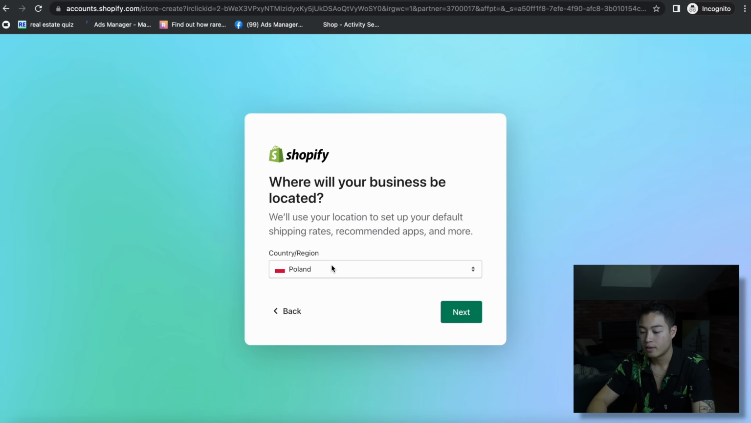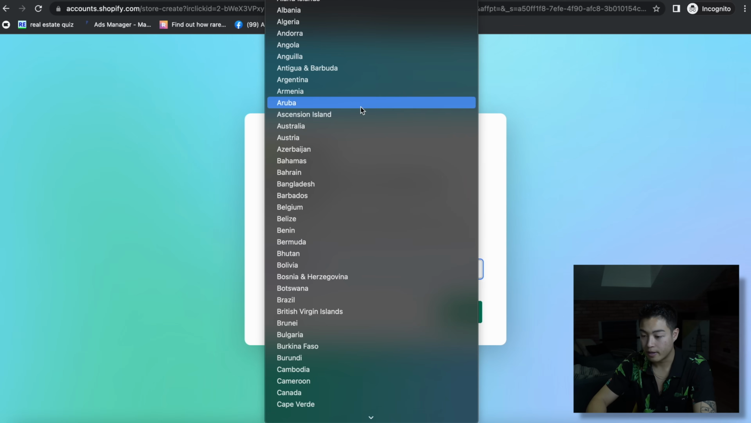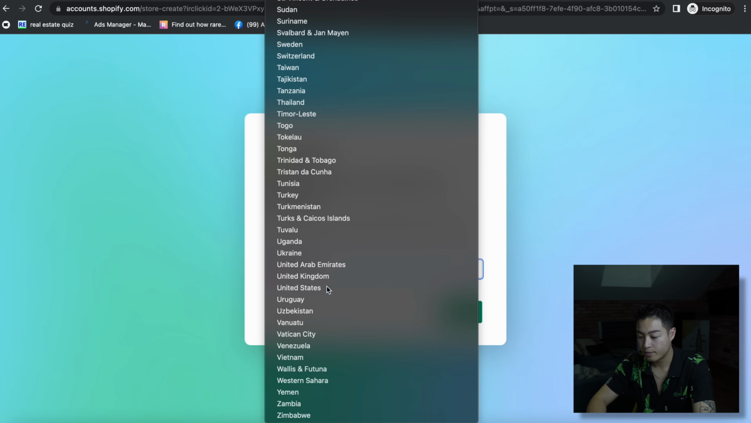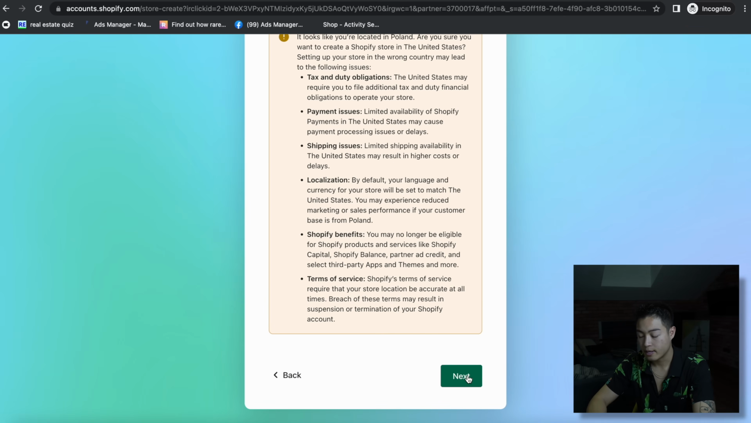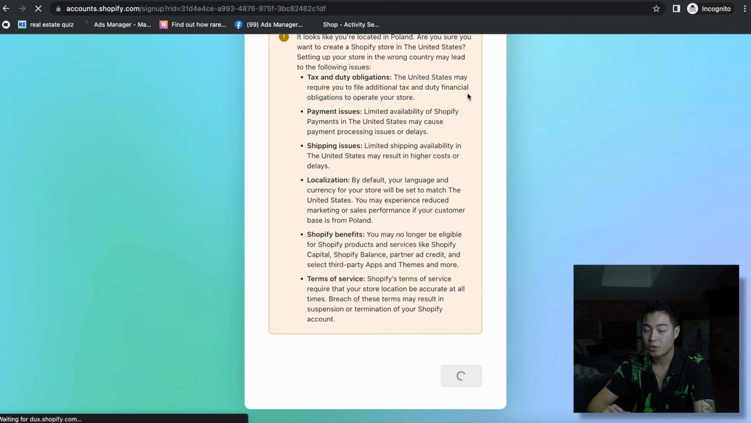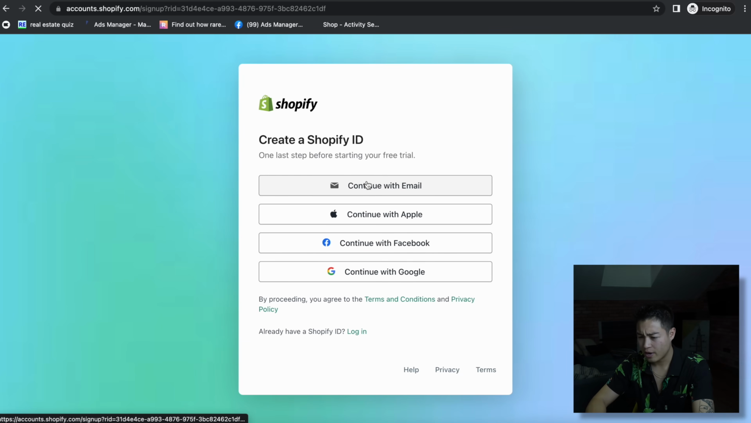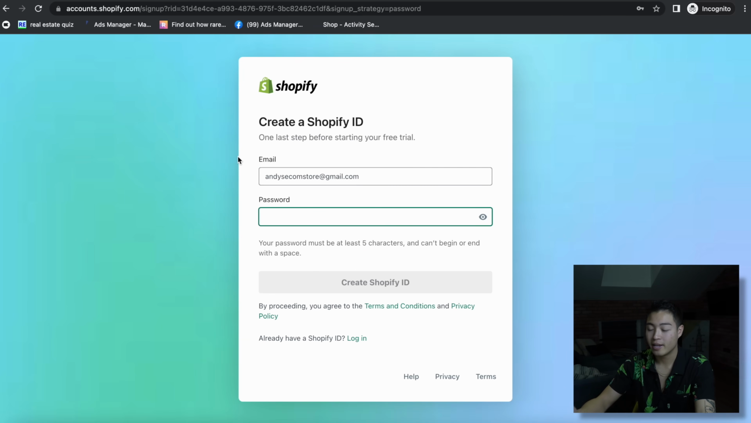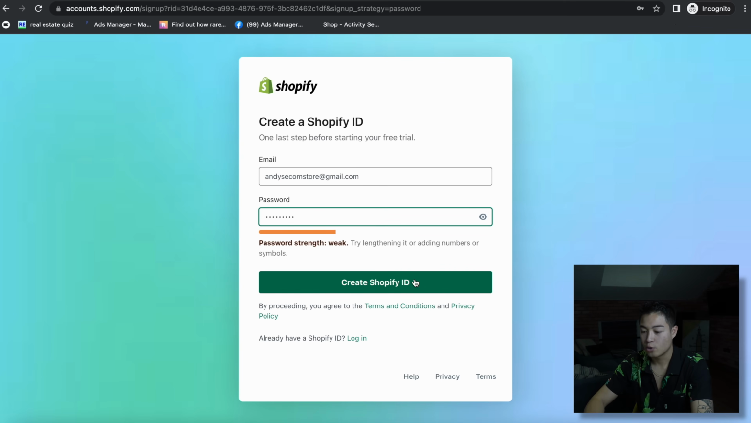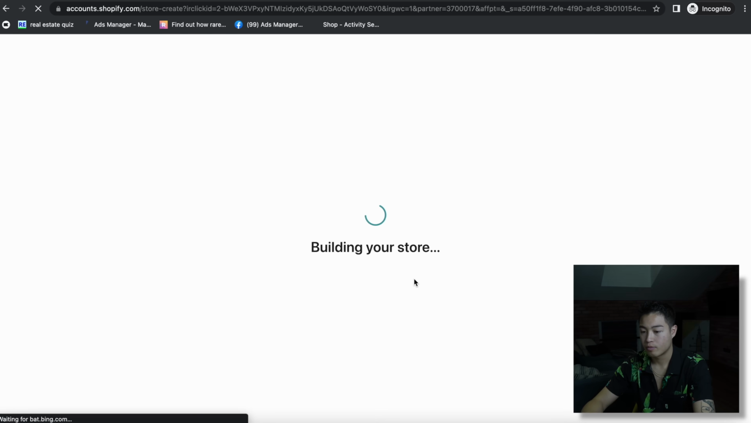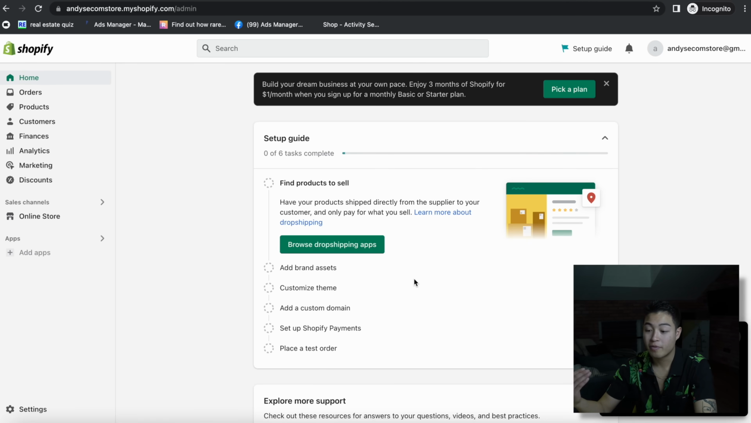Next, I am in Poland, but I'm going to set this up for the US. Yeah, it's gonna say that, so US, because that's where I live. That's where I do my taxes. Okay, so we're gonna go ahead and continue with email. Now we're gonna go ahead and set up a password that we can remember. Create Shopify ID. All right, so here is our Shopify dashboard, and this is going to be the interface that